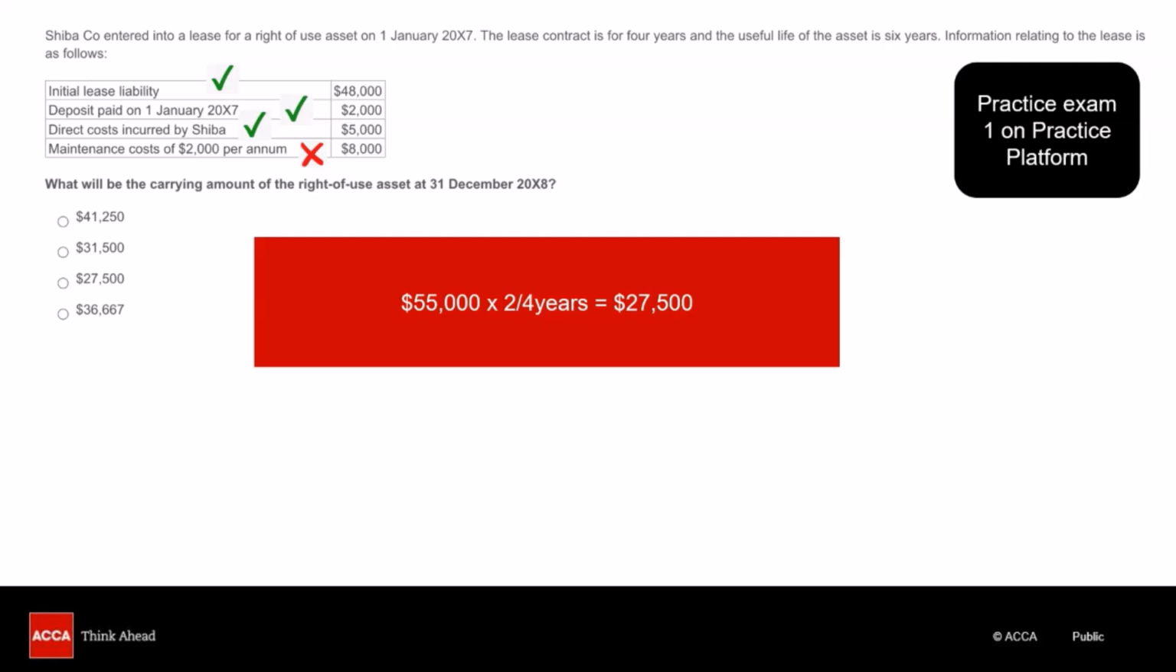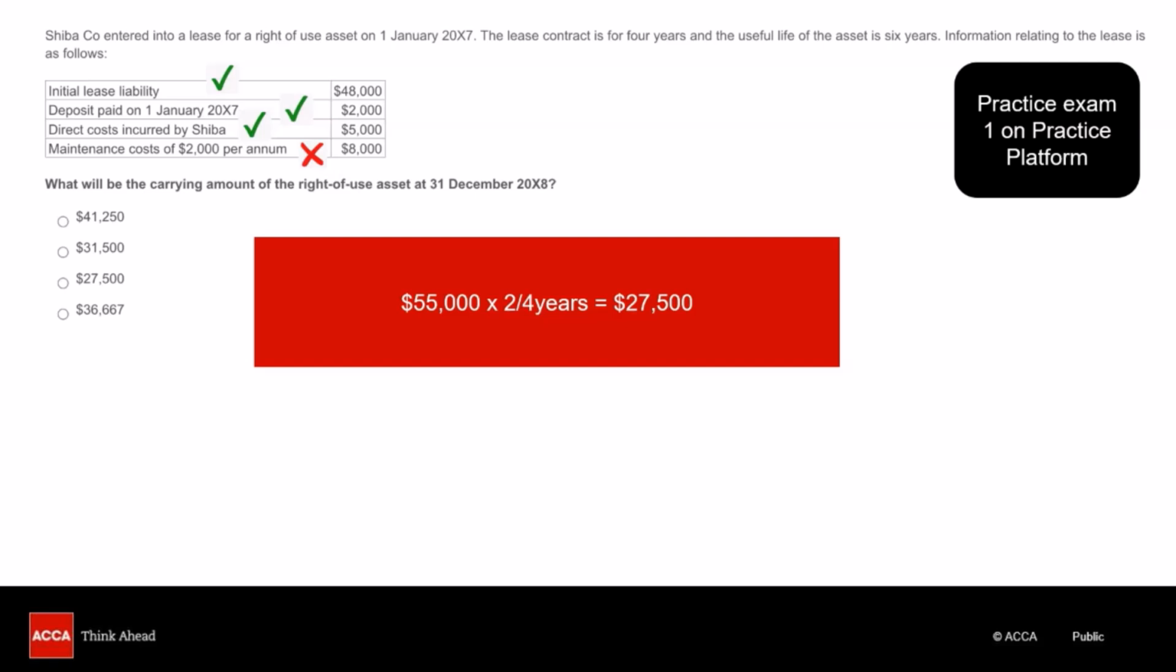We have initial lease liability, deposit paid, direct cost, maintenance cost. The question is saying what will be the carrying amount of right of use asset. So over here, initial lease liability is going to be a part of the right of use asset. Then deposit paid. So any advance paid, that is also added to the right of use asset value. We've just covered this. Any direct costs are also added to the cost of asset. However, maintenance costs do not become a part of the right of use asset value. So based on all of this, we can identify that 55,000 is going to be the initial measurement of the